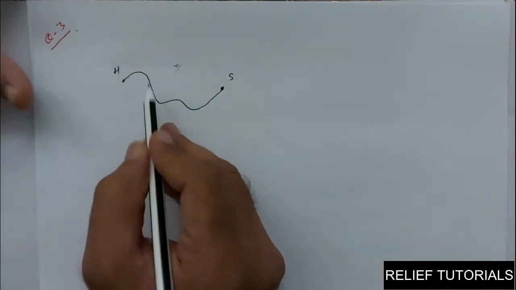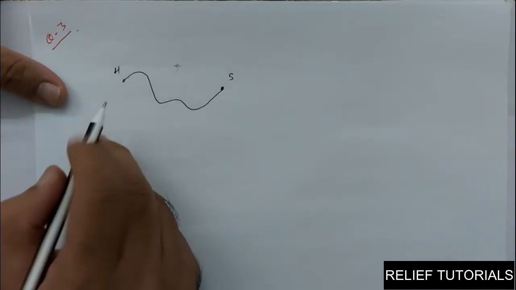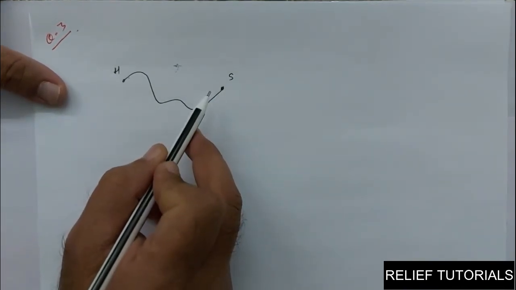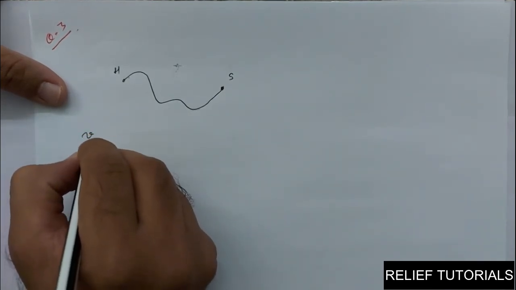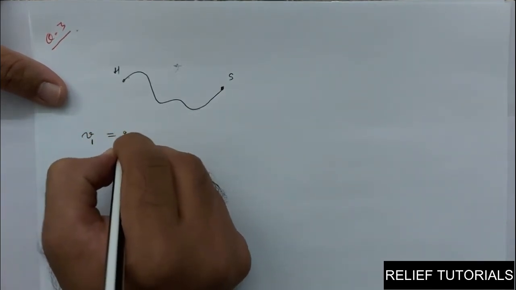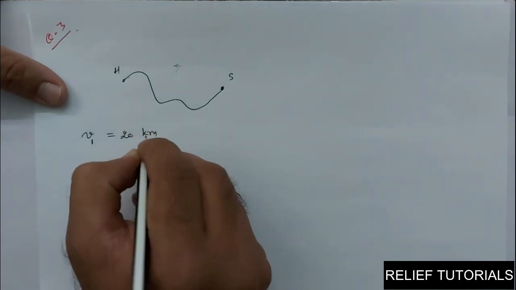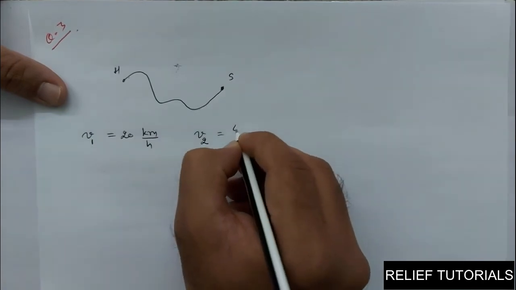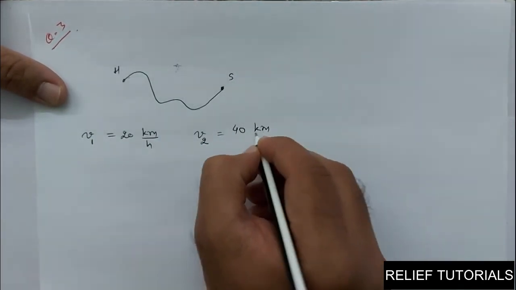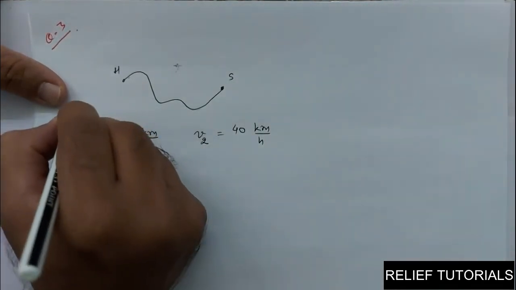So the first part of the journey is from home to school and the second part of the journey is from school to home. So the first speed going from home to school was noted as 20 km per hour and the second speed he noted as 40 km per hour, and the question is you have to find